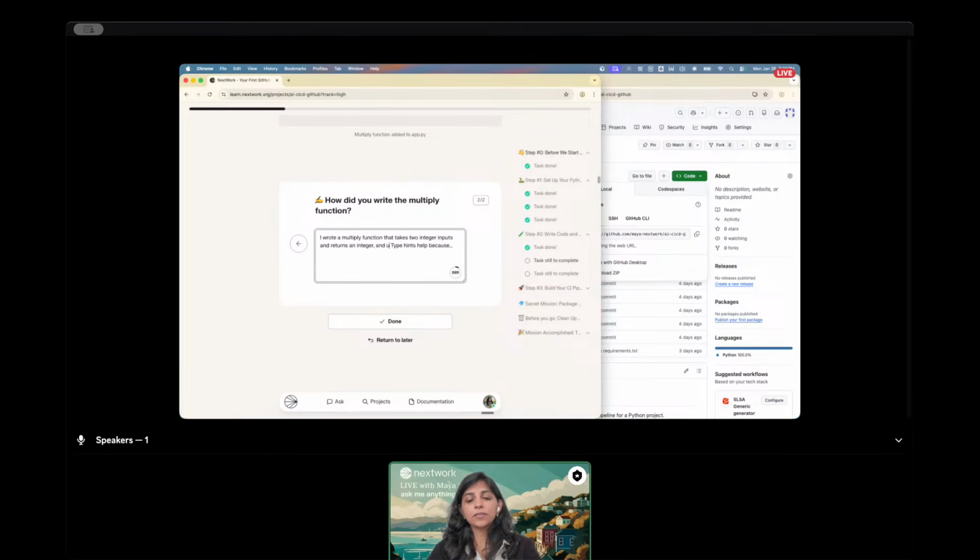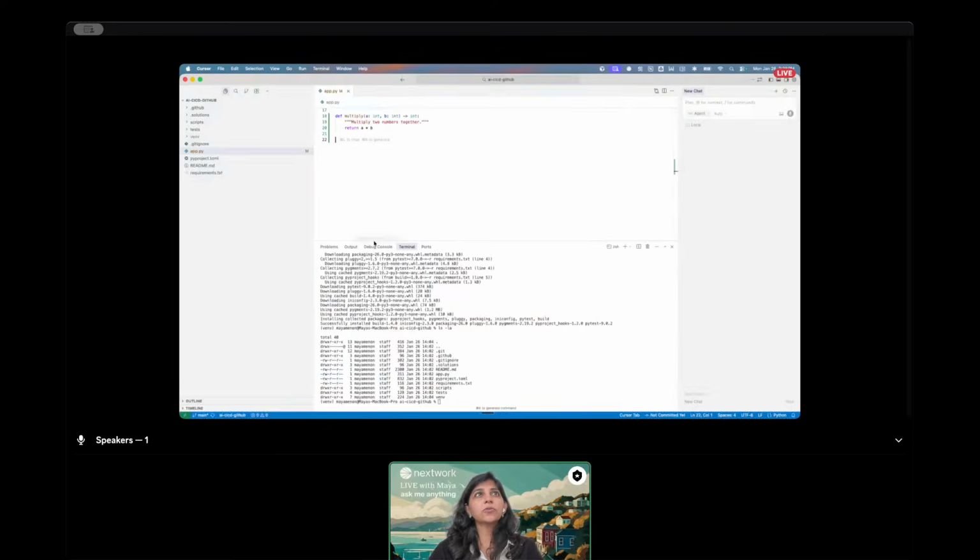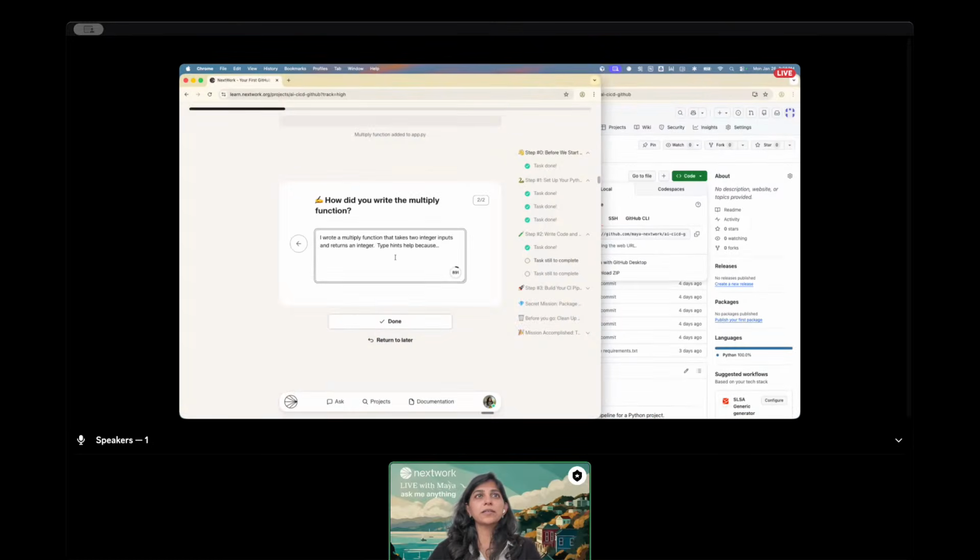You could even in your documentation just put the function here. So I could put it here, for example. I'm just going to test it out. Type hints help because